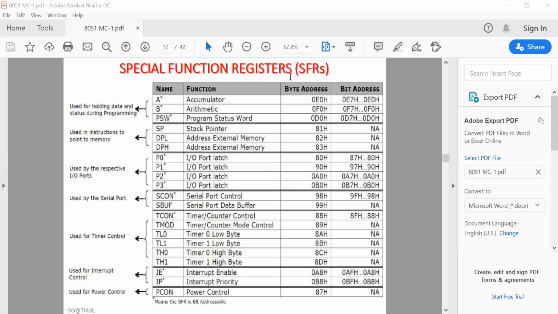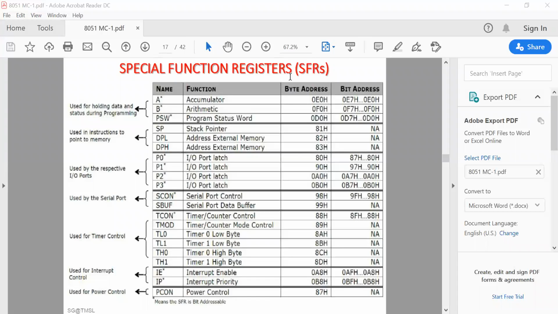Now, as SFRs are available to the programmer, we can use them in instructions also. But this causes another problem. SFRs are registers after all, and hence using them would tremendously increase the number of opcodes. Now, to reduce the number of opcodes, SFRs are allotted addresses.